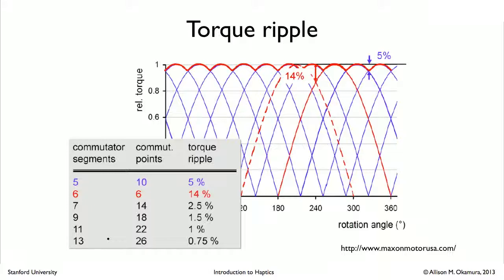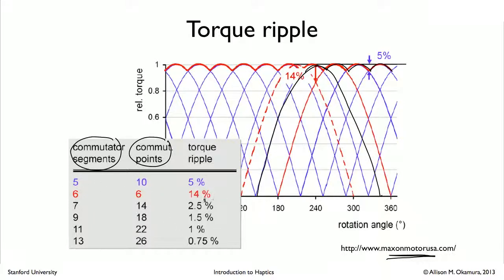So this slide shows this torque ripple I mentioned in a little bit more detail. The idea being that each one of these bands here, represented for a Maxon motor, which is the kind of motor that we're using in our HapKit, each one of these lines represents the torque that's generated by one of the conductors. And if you have lots of conductors, the torque that you get on the output is a kind of ripple that rides on top of all of these different conductors and switches as it switches between them. And so depending on how many conductors you have, or you could also say commutator segments, there's also the number of commutation points, that is, connections that you have between the brushes and the motor,